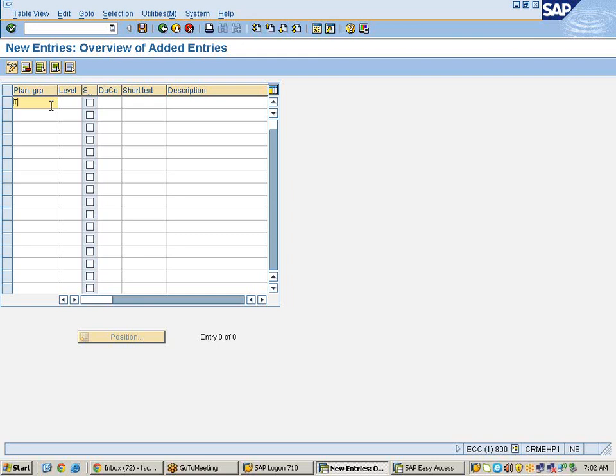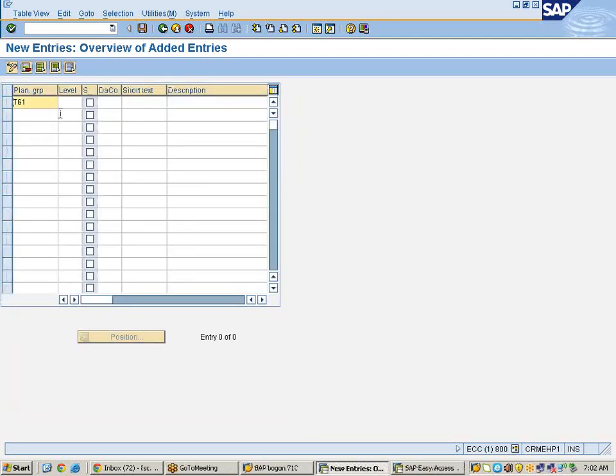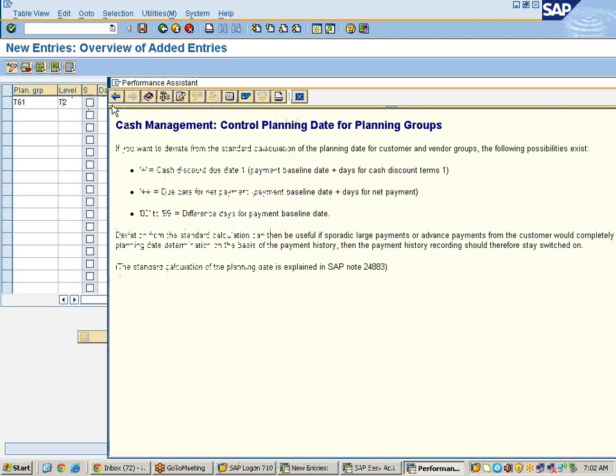So let us say PG1 level. The planning level which we had updated is T2. Company code. See here you can find one column.